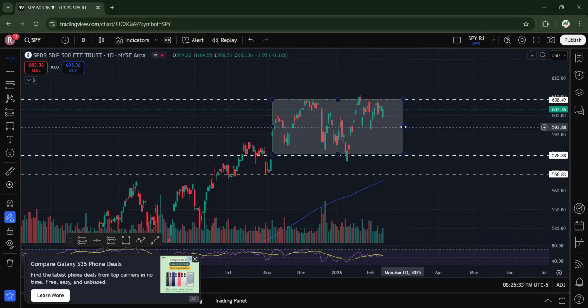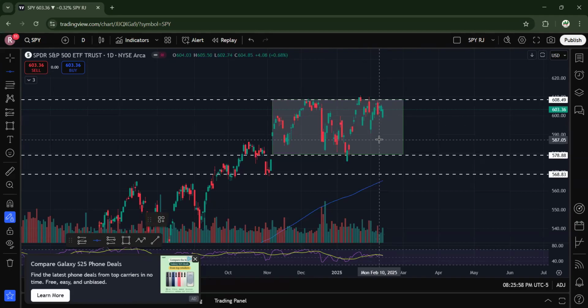So once you see a type of pattern, quote unquote, you need to find out what level correlates to that pattern for a move to the upside or downside. SPY, you got a range. It has to break either 578 or 610. Can you nitpick? Because you might say, "Well, man, this is a $30 range. You ain't gonna nitpick on anything inside of here." You can,